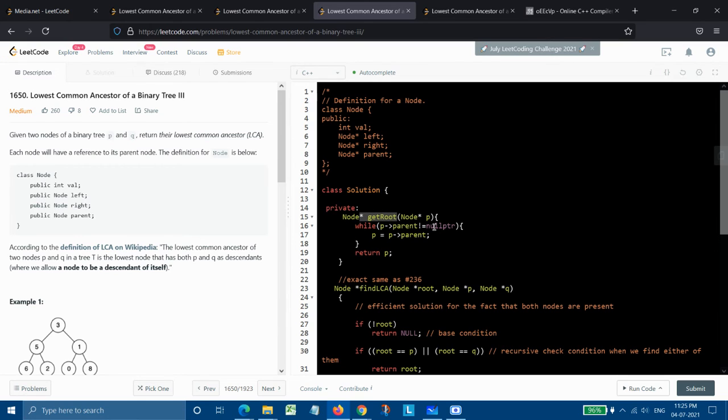We simply need to have a while loop in which we traverse our whole tree, and we keep traversing until we reach our null pointer. Whenever we reach our null pointer, at that point we need to exit our loop.